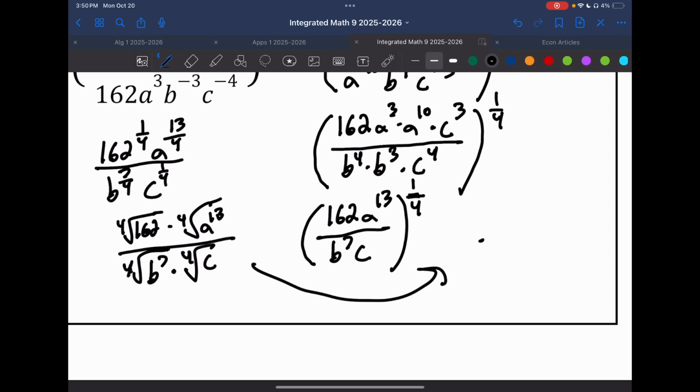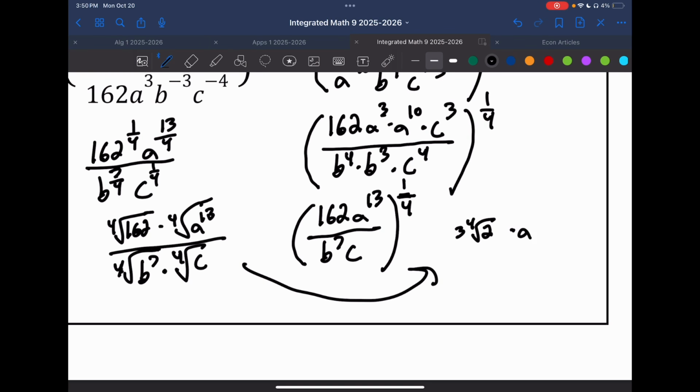So that means that the 4th root of 162 becomes 3 times the 4th root of 2, times a cubed 4th root a, over b 4th root b cubed times 4th root of c,